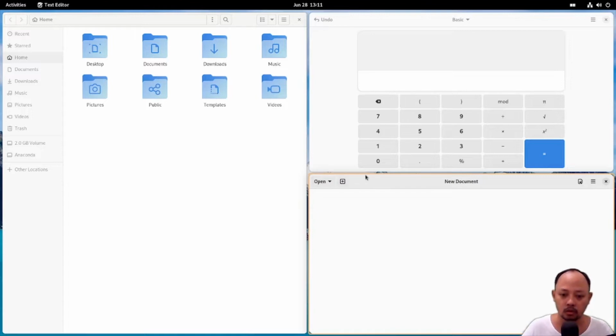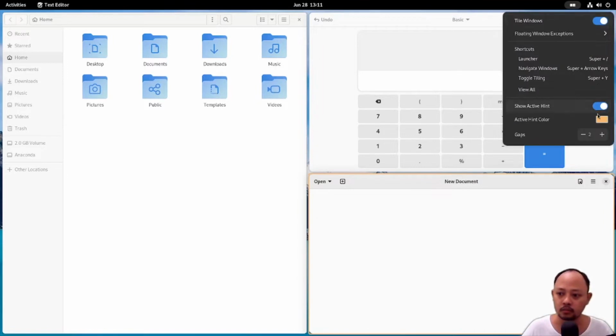Okay, so there will be a line, something like a highlighter. Can you see this line? Like a brown line or orange line here. So when a window is active, the line will be on like this. Okay, it's very good.